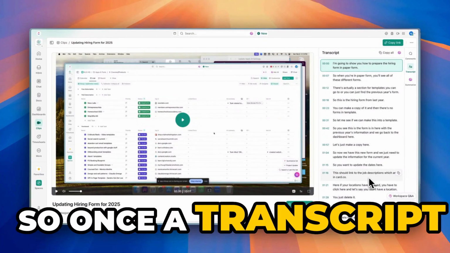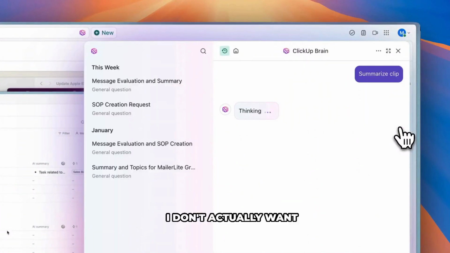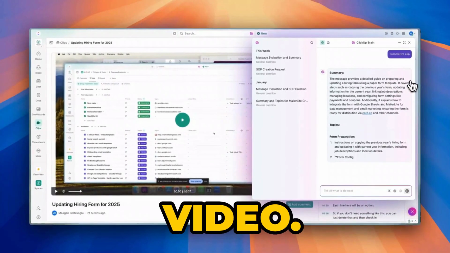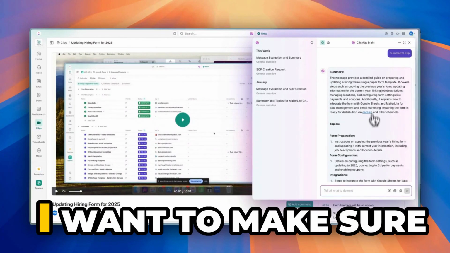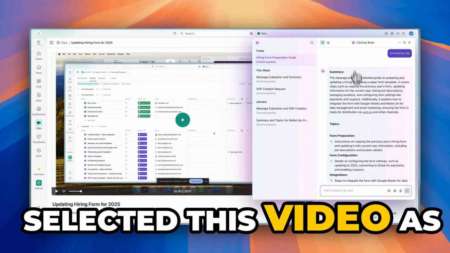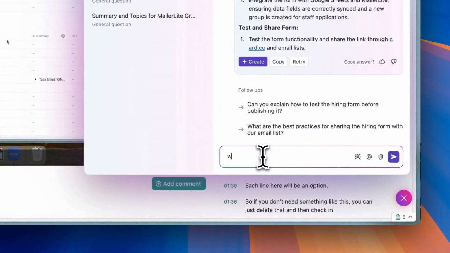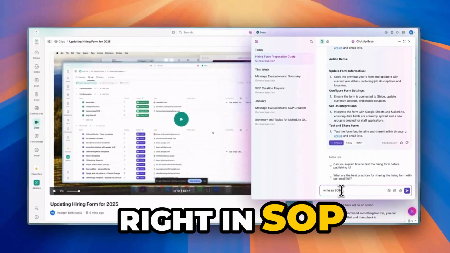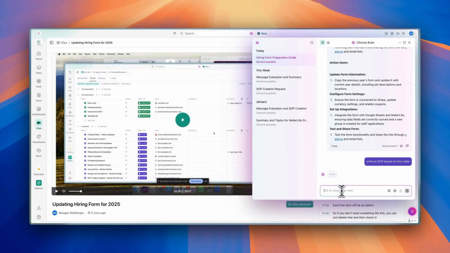Once the transcript is in here, if you click this button here which says summarize, we don't actually want it to summarize the video. I don't care too much about the summary, but I want to make sure that the AI has selected this video as the source. After it does that, I'm just going to type in here, write an SOP based on this video, hit enter,